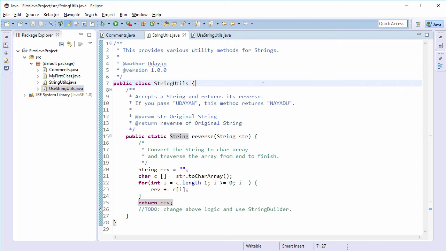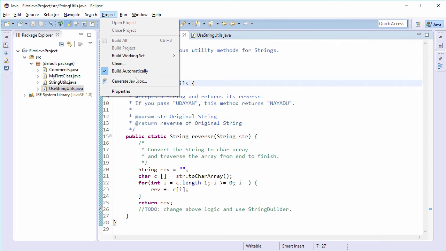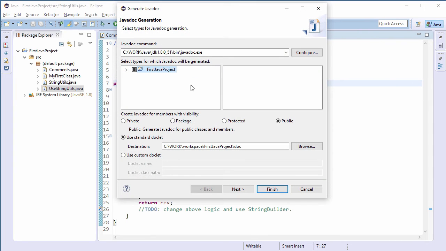Confused? Let me explain. Yes, we need a document that explains everything about classes and methods. Without this document, it will be difficult for the users to work with the class file. And no, because we don't have to write it. Big relief, isn't it? There is a Javadoc command that generates the documents for us. In Eclipse IDE, the functionality of the Javadoc command can be accessed by clicking on the Project menu and then clicking on Generate Javadoc. Let us now generate the documents for both the classes, StringUtils and Comments.java.